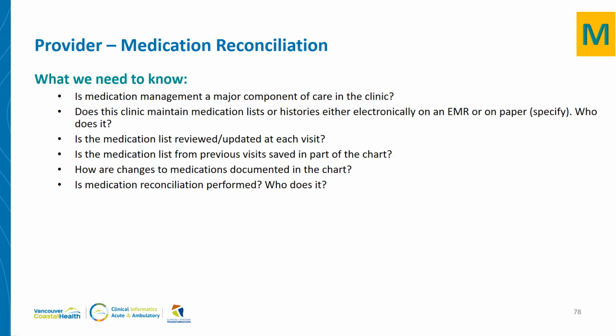Okay. And the previous medication lists from each visit are saved as part of the chart, is that correct? They are, yeah. It connects directly through iClinic to PharmaNet, so you can pull their medication history, and it'll typically be updated from the last time someone pulled that and reviewed the medications. Okay, so it sounds like iClinic is also where changes to medication are documented in the chart as well. Is that correct? Yes, yeah. Again, it'll depend on if you use it. If the provider is using documentation through iClinic, and that pulls into their notes, then that's where it'll be changed. Sometimes it'll be documented in the note as well. Document in the notes? Yeah, the clinical notes, but it can also be documented through iClinic.